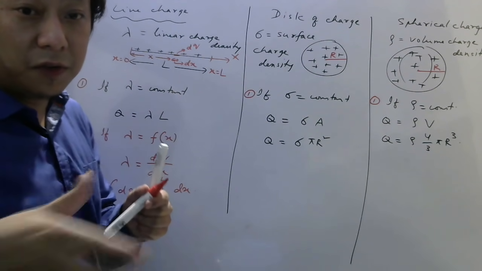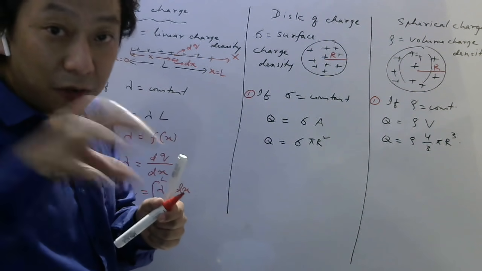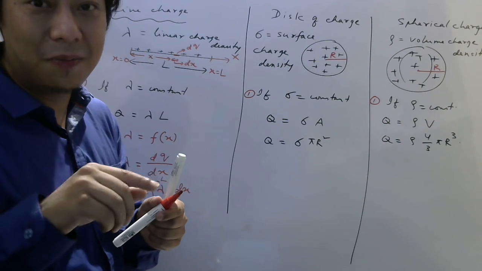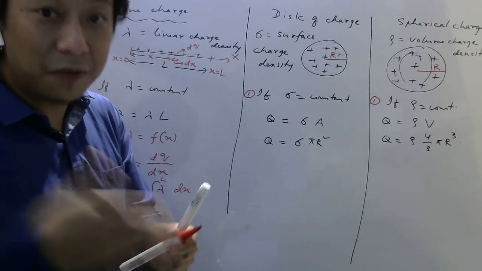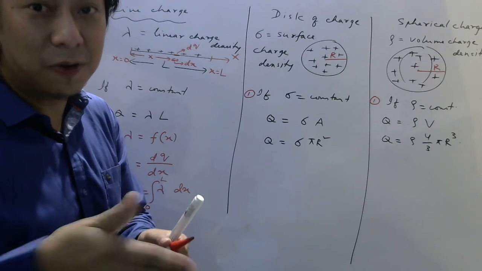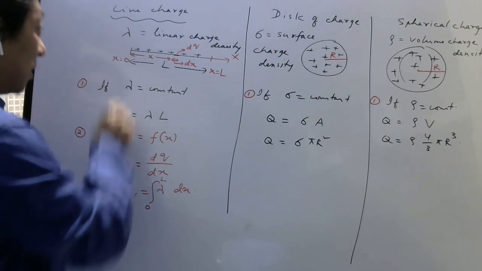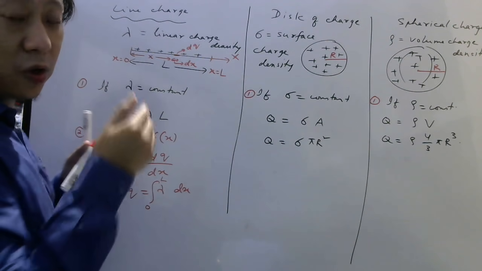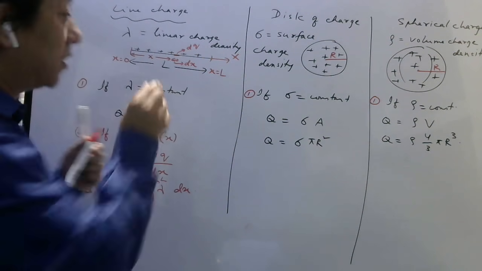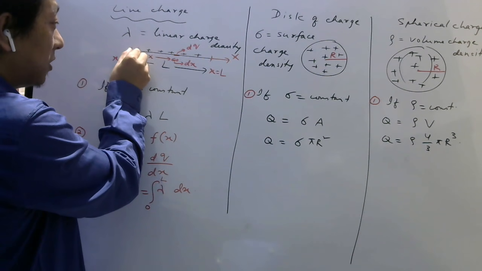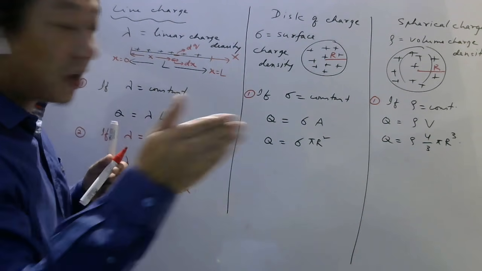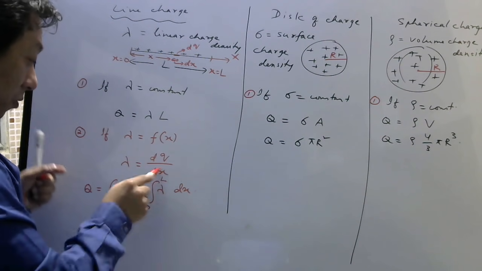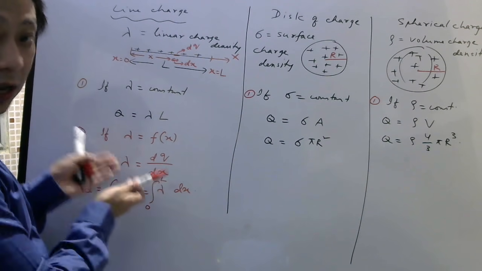Right? So if the prices of different apples are different, then you individually have to add the prices. You cannot multiply the cost of one apple with all the apples if the price varies from apple to apple. Similarly, if your charge varies from length to length, meaning the charge is no longer constant for a particular dx, so in this dx the amount of charge is not the same as here, then if lambda is varying, if lambda is not constant, you have to use this technique, which I have already explained.